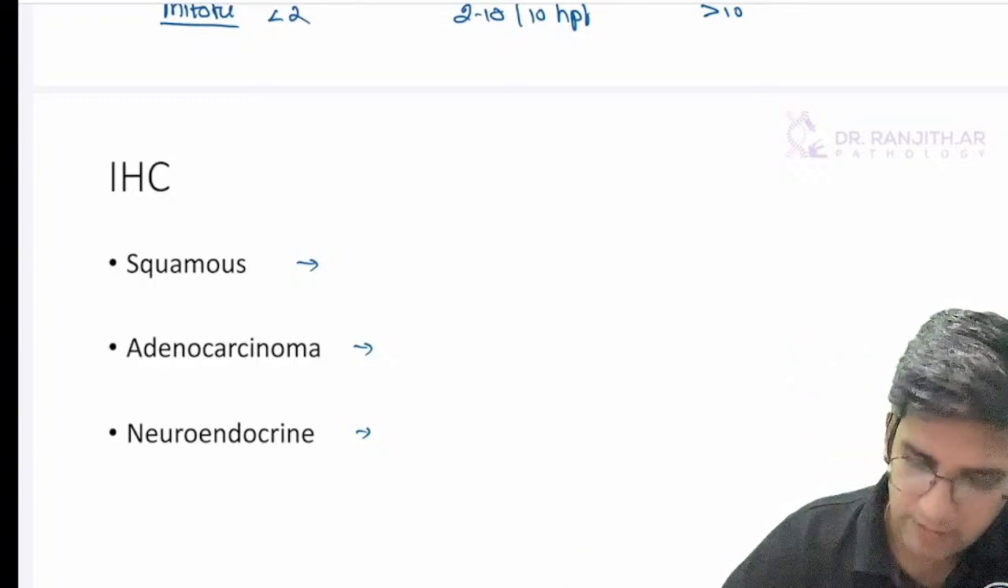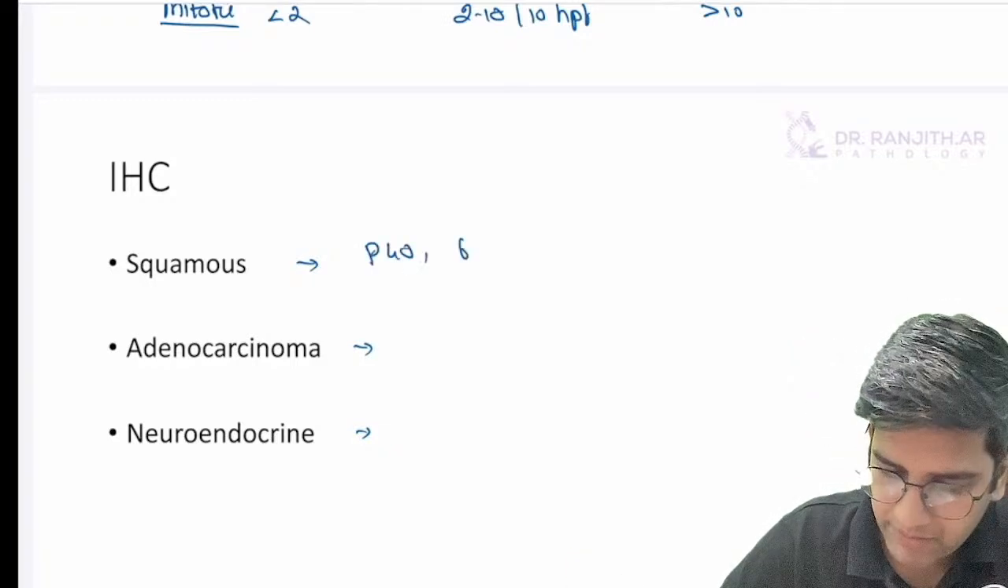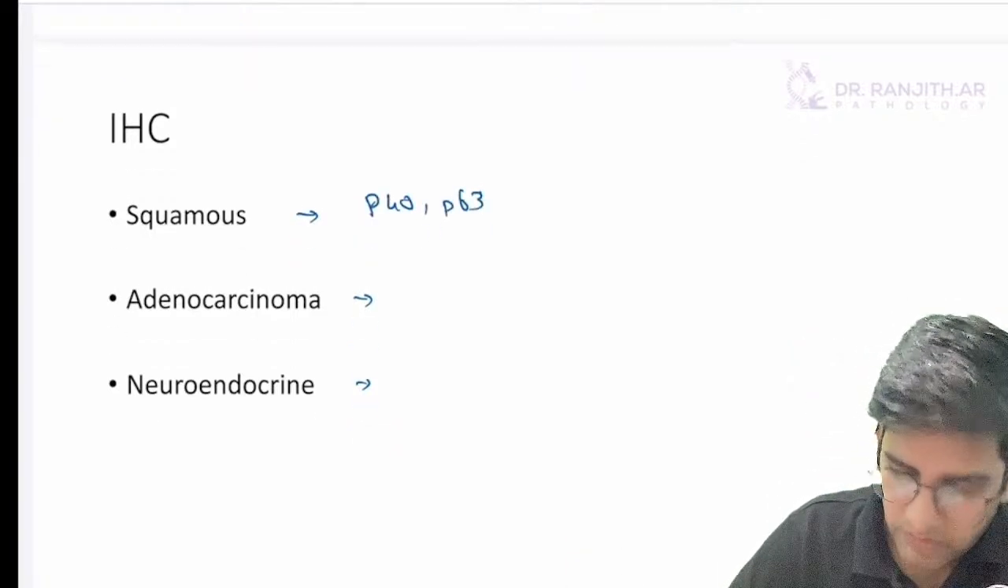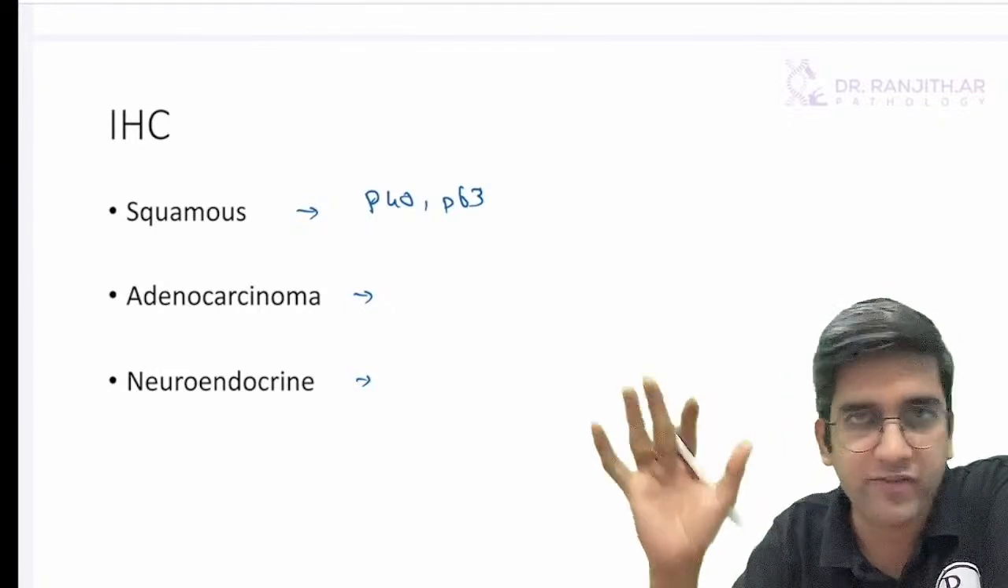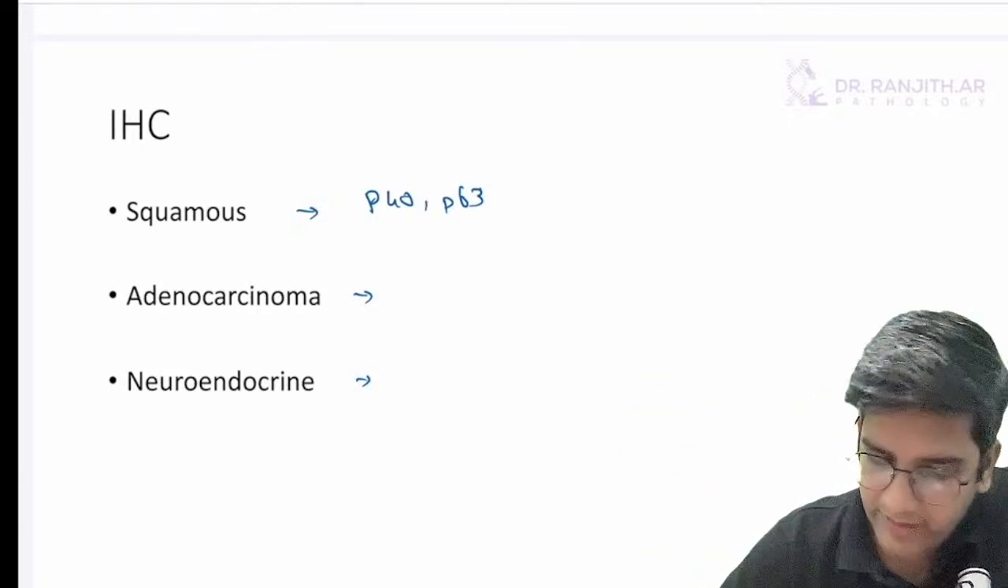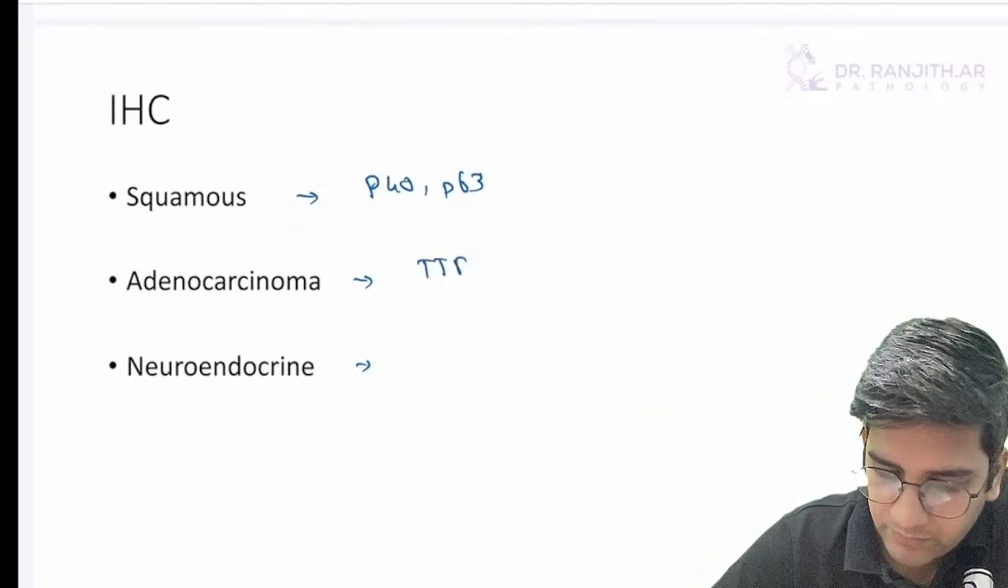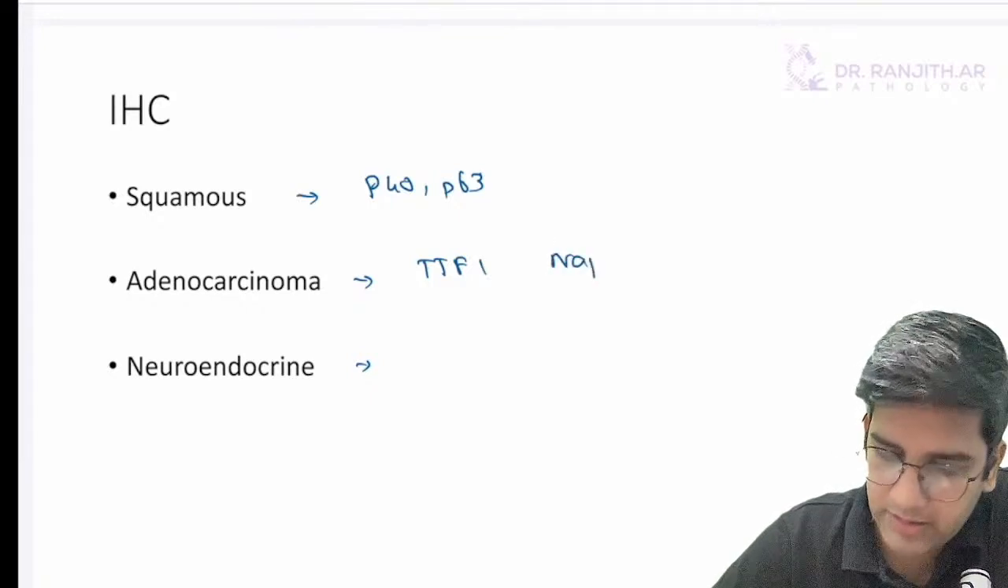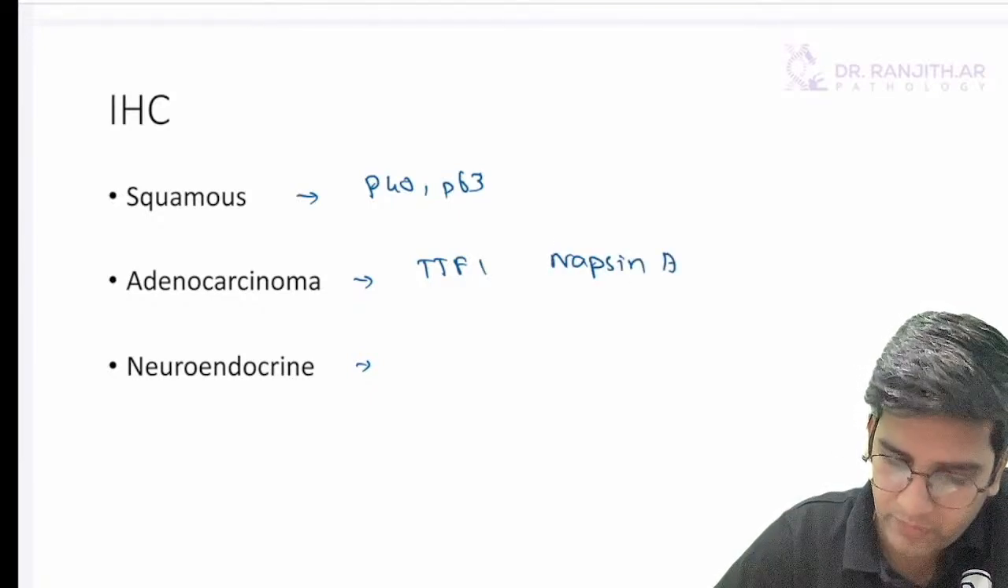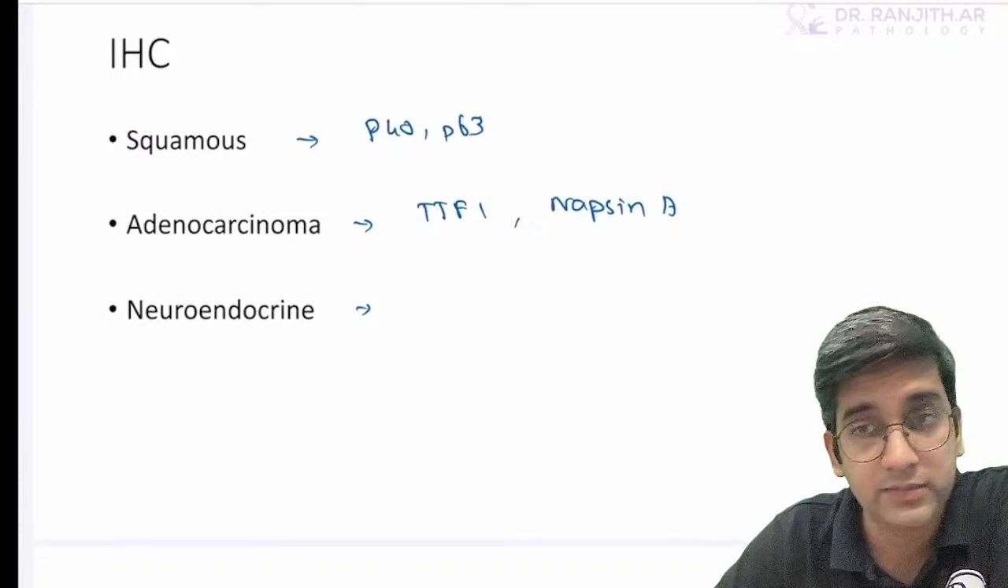Fine. P40, P63. Cytokeratin is common for everything. If you want, write cytokeratin for everything, right? Adenocarcinoma, TTF1, napsin A, right? Neuroendocrine,